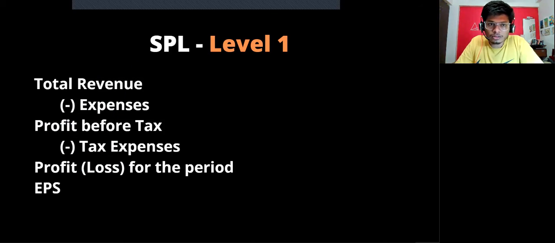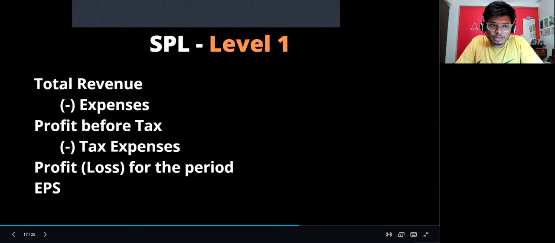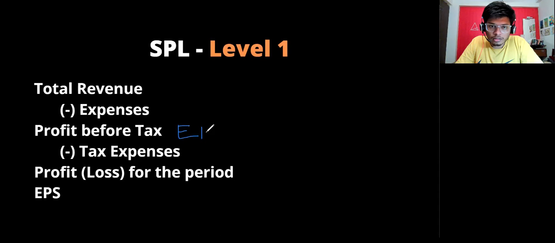So this part, if I annotate this one, is called earning before tax, EBT, and this thing is called profit after tax. So these are two important terms that you will be hearing all the time. Sometimes it's called EBIT. If it's called EBIT, it's called earning before interest and tax. So in that case, you will just calculate before interest. Okay, so that creates a financial leverage and stuff. So let's not go into that part.